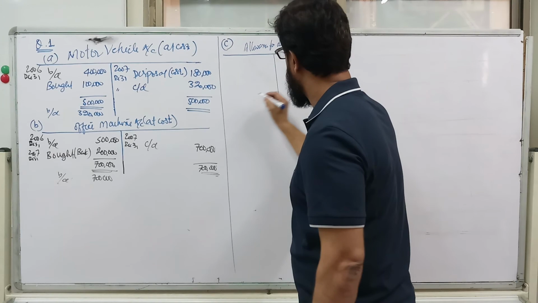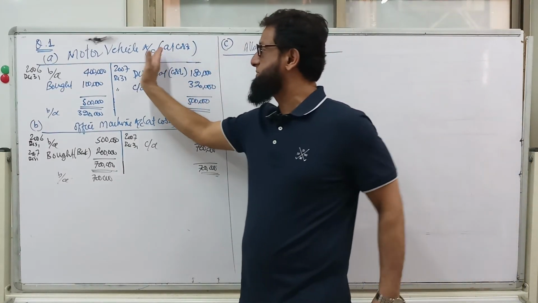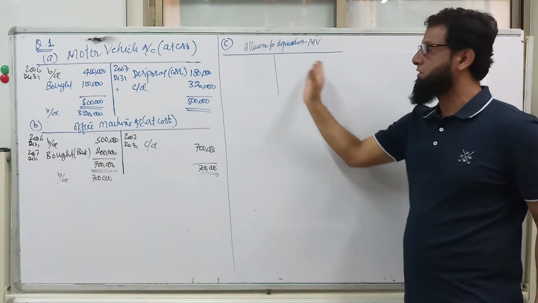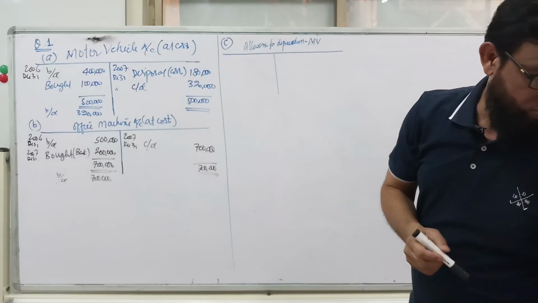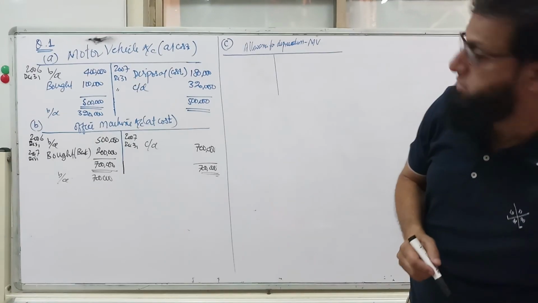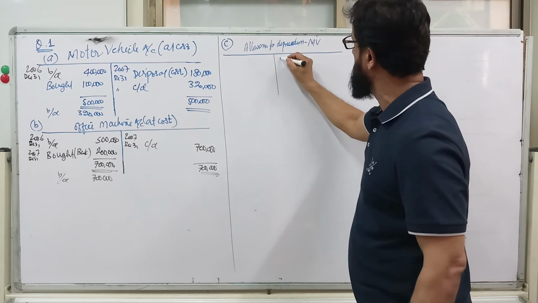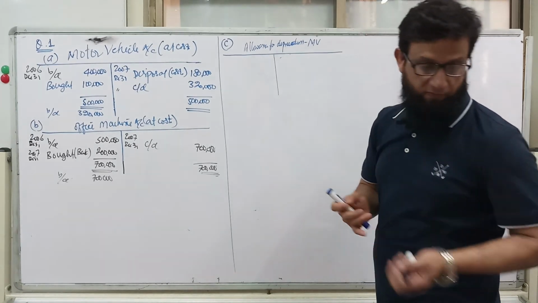and okay, as I told you earlier, the asset account balance BD always comes on the debit side, but the allowance for depreciation balance BD always comes on the credit side, right? So the opening balance of allowance for depreciation of motor vehicle is given here in 2006. It is given in 2006. First 31st